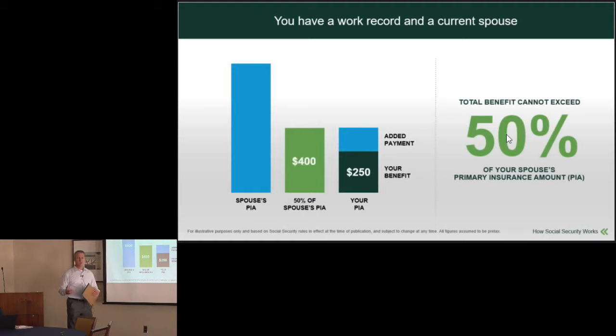So here's an example of a little bit of a confusing way in which Social Security describes how the spousal benefit works. So the primary spouse is making an $800 a month benefit. Second spouse is entitled to half of that benefit. However, the second spouse did work a little bit. So the second spouse has their own primary insurance amount benefit of $250 a month. So they're going to get $250 a month based off their own work history, but the spousal benefit's $400 a month. So Social Security will automatically default to the $400 a month,